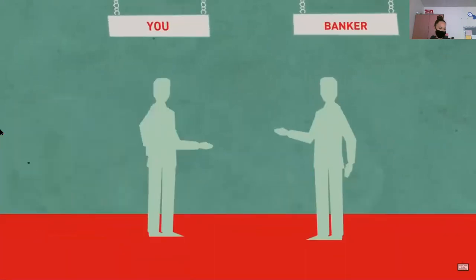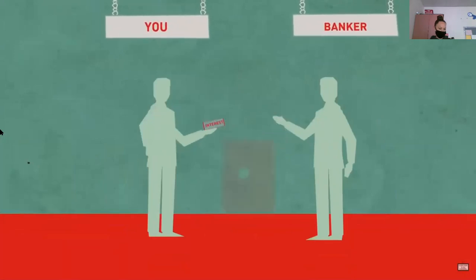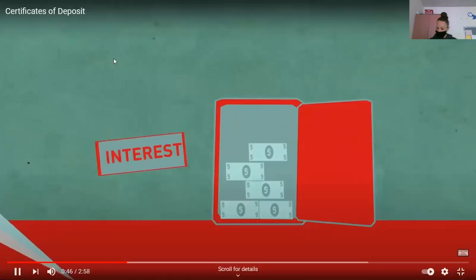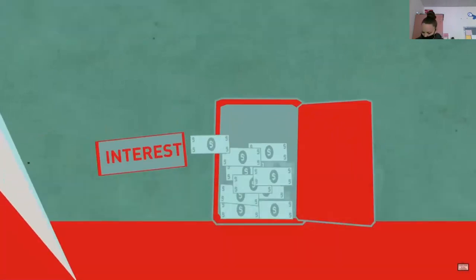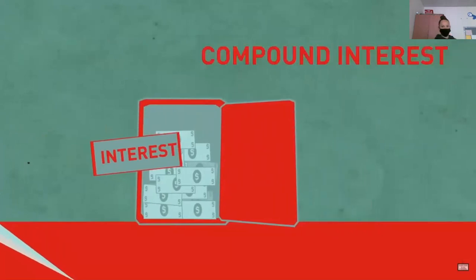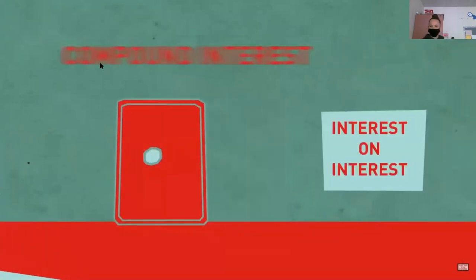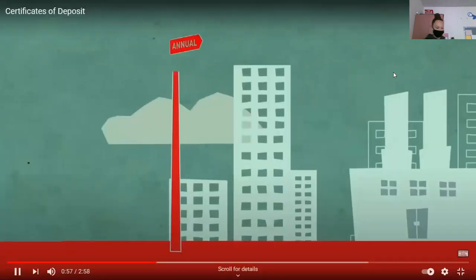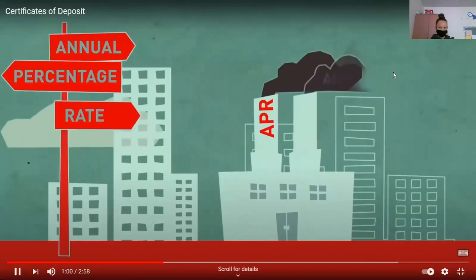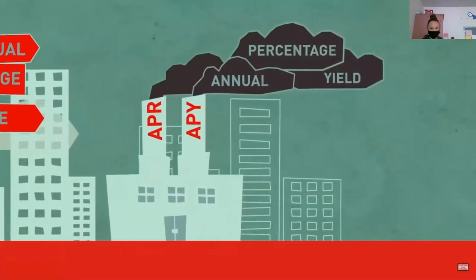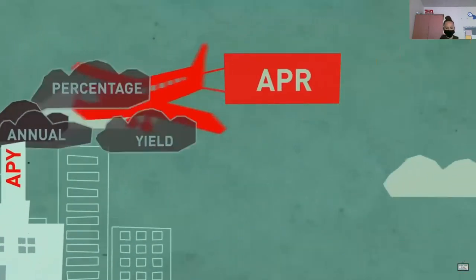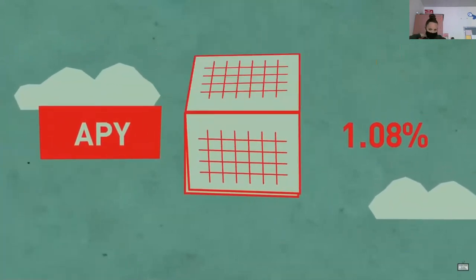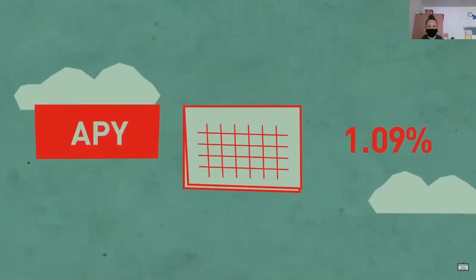When interest is paid, you can typically receive disbursements via check. You may reinvest the interest into the CD account. While receiving a check is a more liquid option, reinvesting provides the opportunity to earn compound interest, or interest on your interest. Two terms to be familiar with when considering interest rates for CDs are the annual percentage rate, APR, and the annual percentage yield, APY. The APR is the fixed amount of interest paid in 1 year, while the APY is the amount of interest paid in a year when compound interest is taken into account.